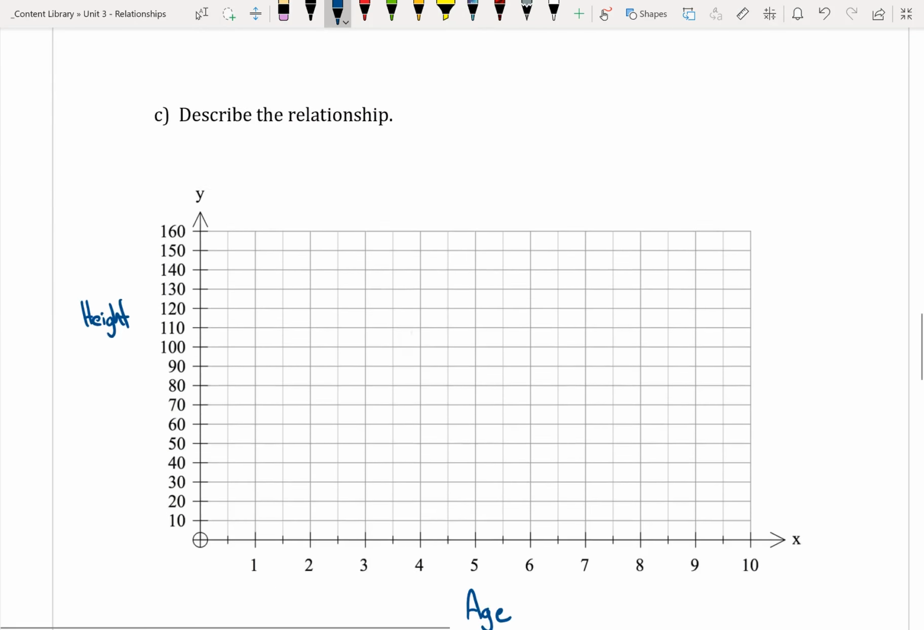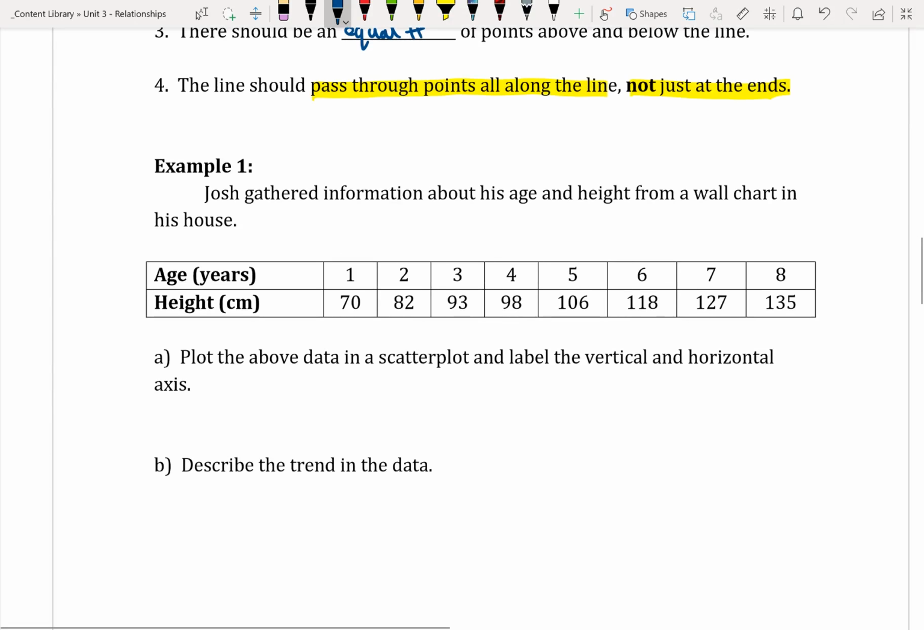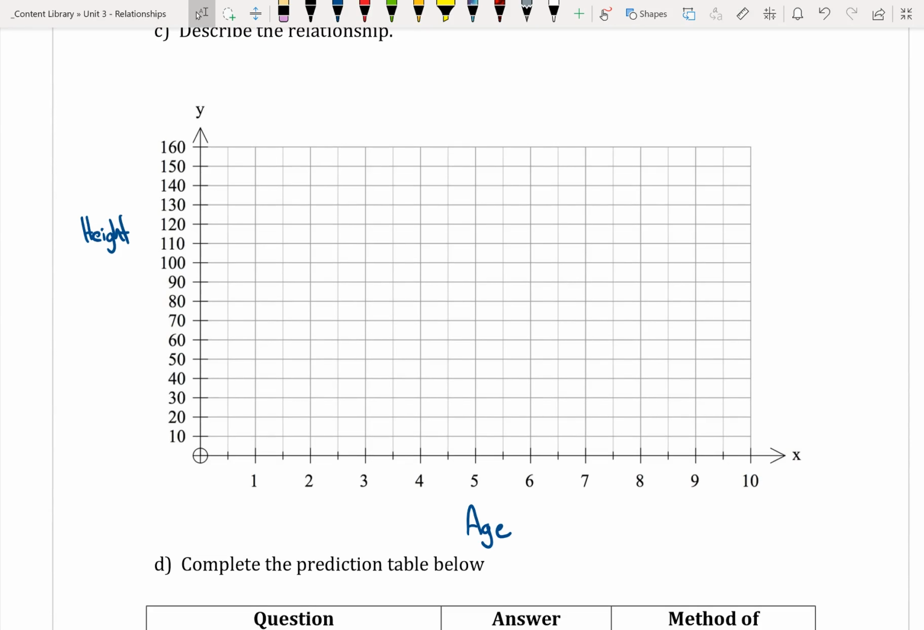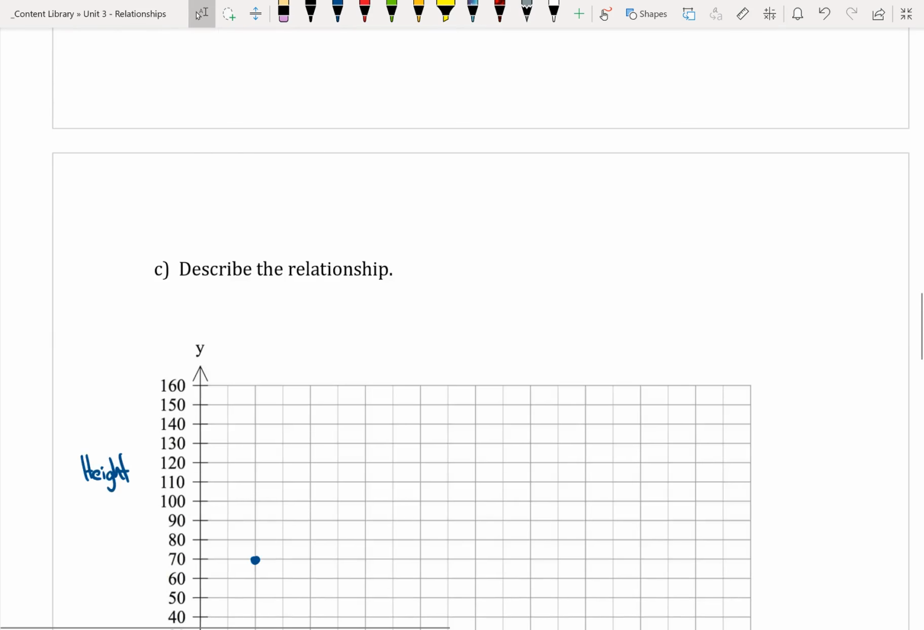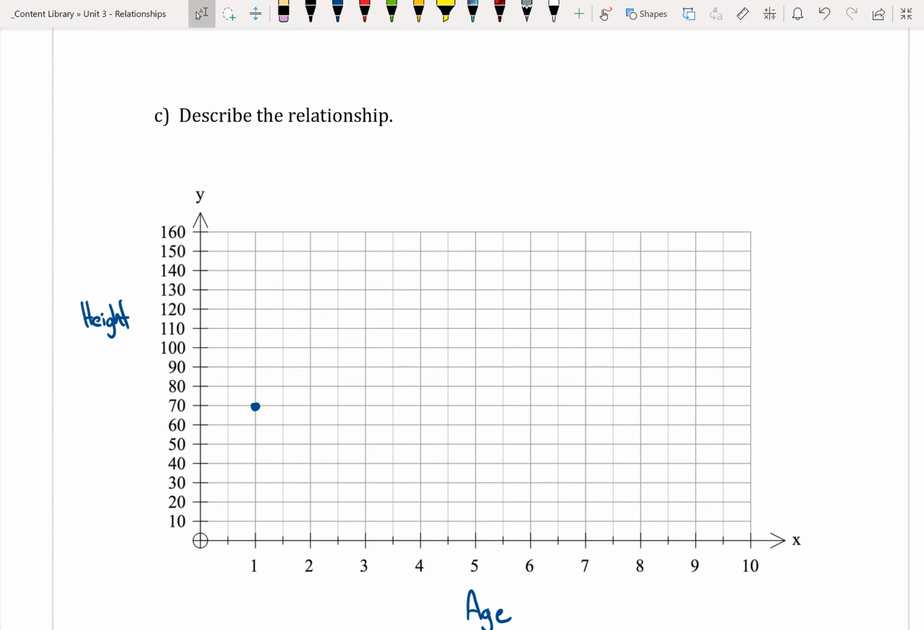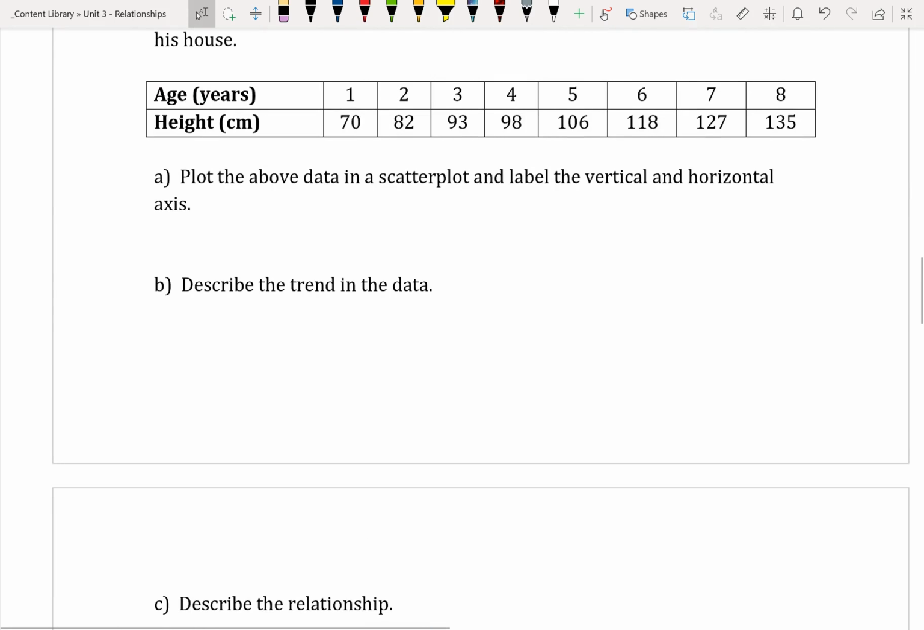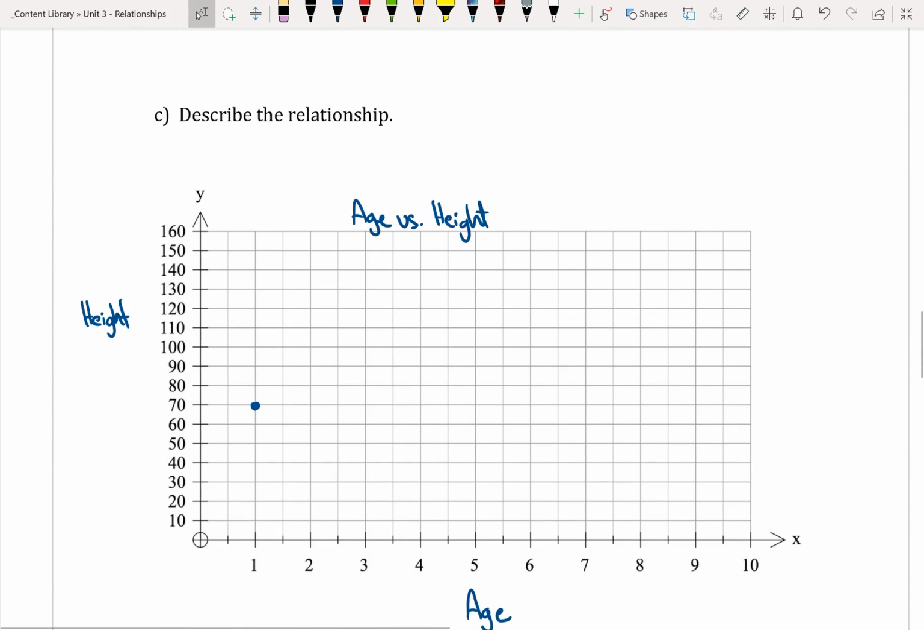So if we go back and look at his points, we could say, okay, so 70 and 1. So at 1 year, he was 70. That's the first point. Oh, before we continue, I forgot to make my title. So we could do something like age versus height. Again, just keeping it very basic. So we have our first point. Our second point is 2 and 82. So go over to 2, up to 82. And again, just roughly